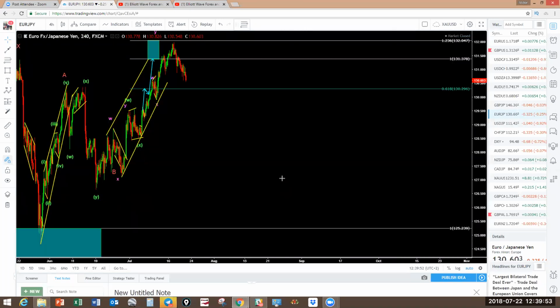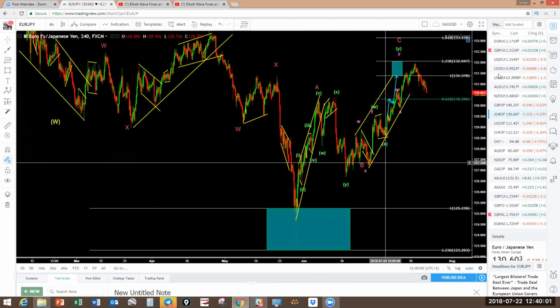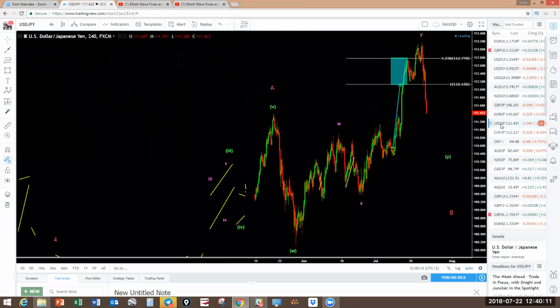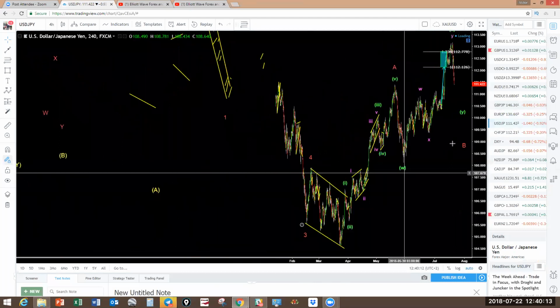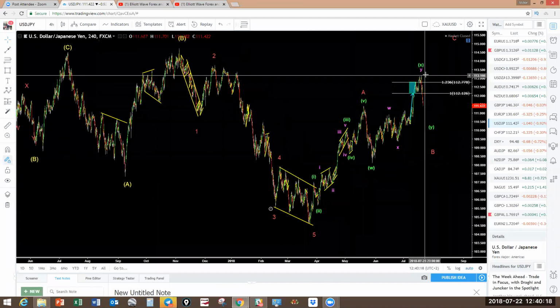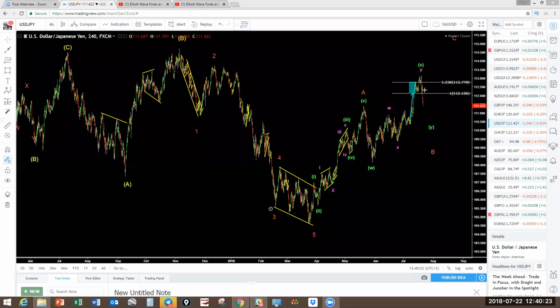I'm always amazed at the power of this blue box, because okay, let's just go back one on a US dollar JPY, so I can get you to notice something. You know how support and resistance always say look left, structure always gives clues. If you look left here, there is nothing here on the blue box. Okay, if there's anything there,